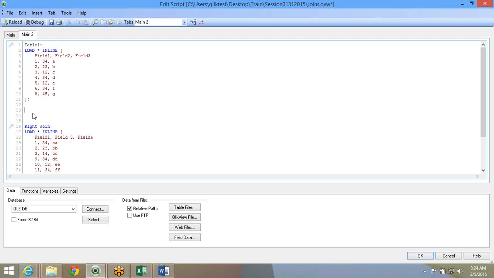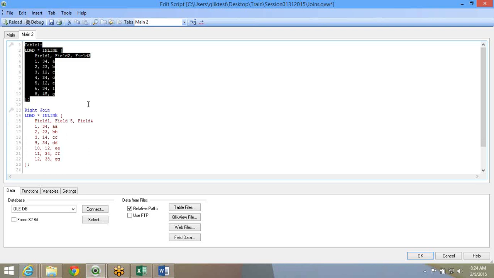Now if there is any other table in between, say table 4, I'll just say load 1 as test. I'll just say auto generate 1. We'll come back to the syntax later. When I say right join, this right join will not happen on table 1, it will happen on table 4. So obviously it will fail because there is no field to join on, so the test will fail. So if you come across this kind of syntax where there is only the join statement, it might be right join, left join, or just join. That means it is joining to the preceding table, whichever is the preceding table.